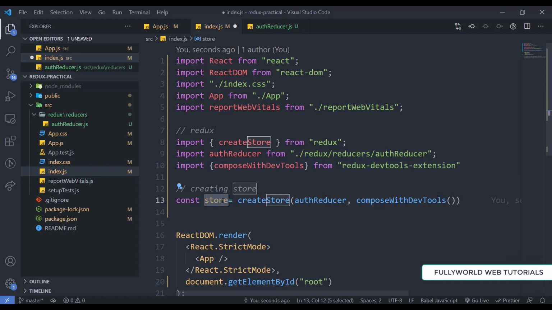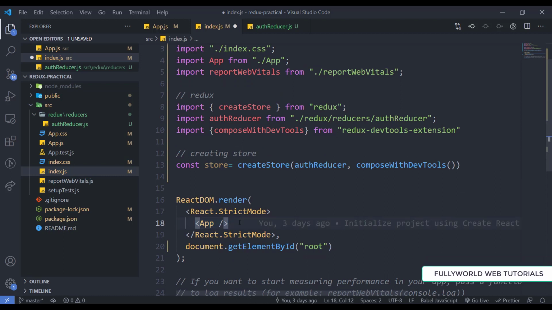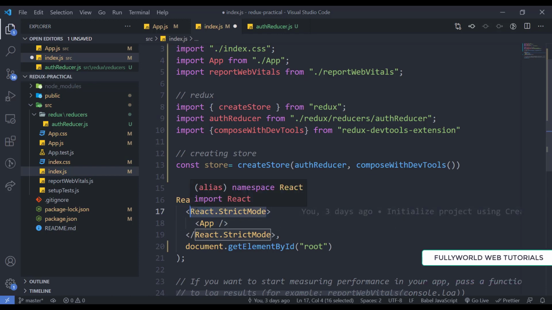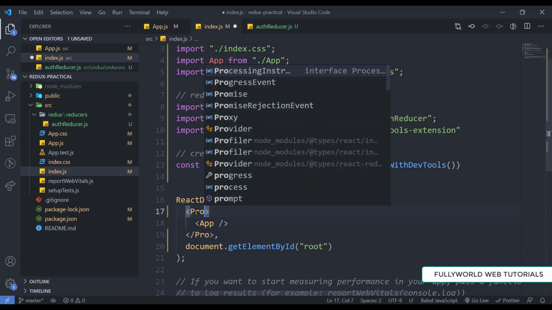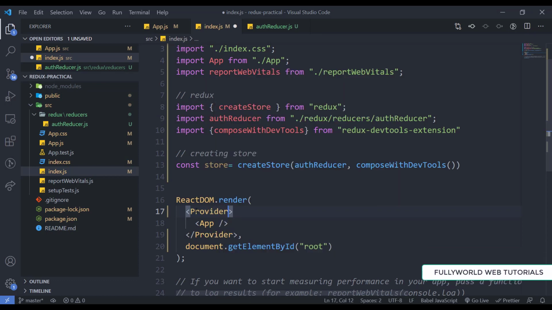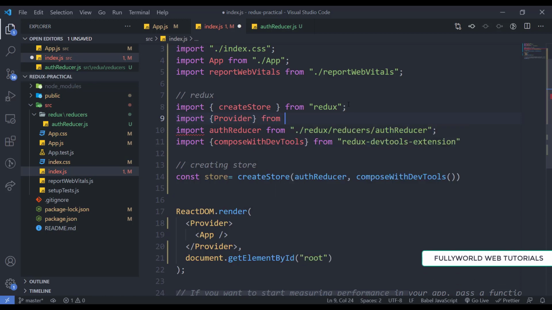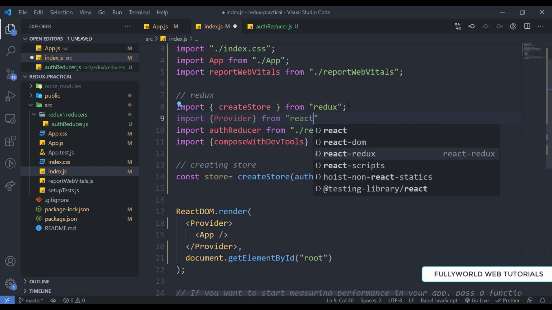So now we have to provide this store to our app so that we can dispatch our data here. Here I'm going to write Provider. I'm going to import Provider from React Redux.